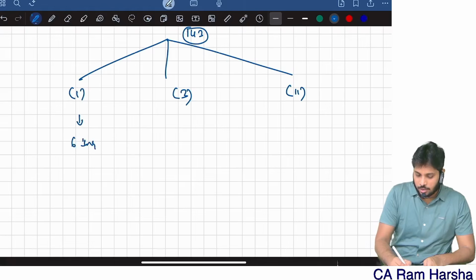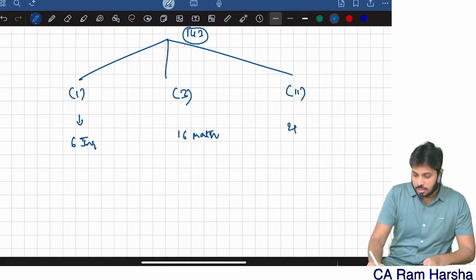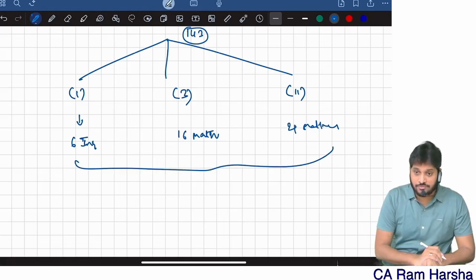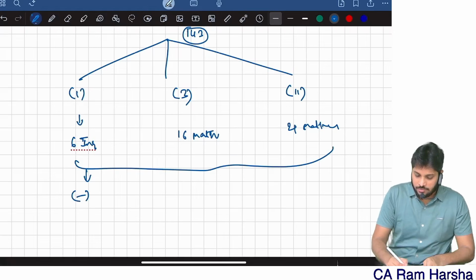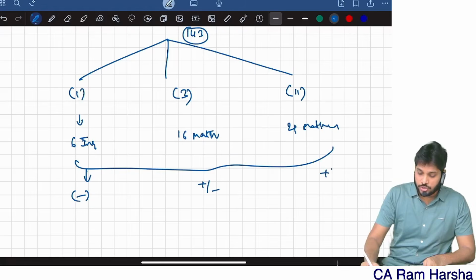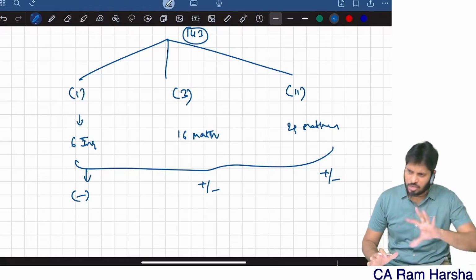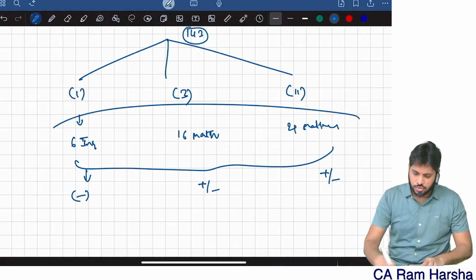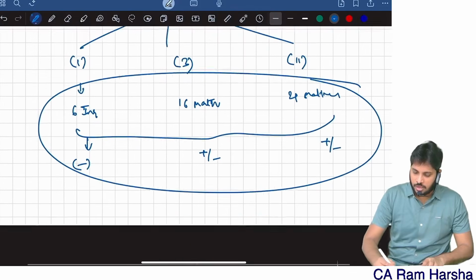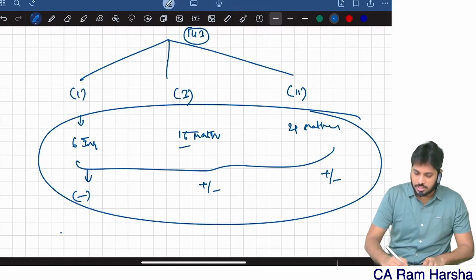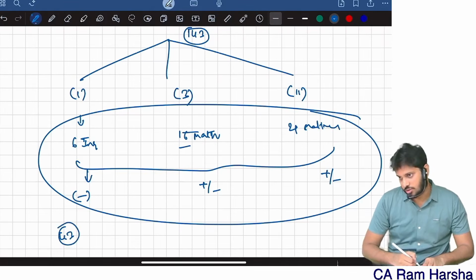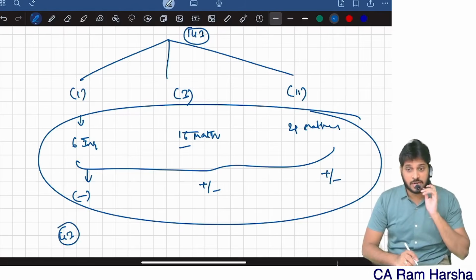There are 6 inquiries under 143 subsection 3, and 16 matters. CARO has 21 matters. On all these you have to give a report. For the 6 matters, only if it is negative you have to comment, whereas for the remaining 16, positive or negative, you need to comment. For CARO, positive or negative, both opinions you need to give. Whatever it is, you have to comment. Totally, approximately we have 21 plus 16, 37, 43 matters we need to comment on.